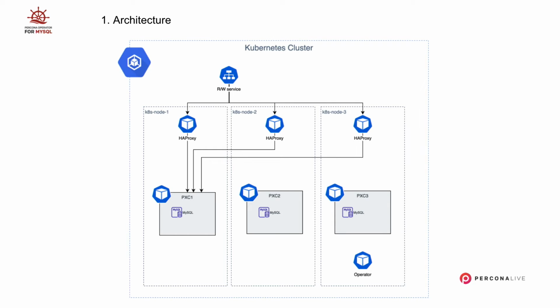However, in practice, it's very rare that there is a workload that really benefits from that in terms of performance. So it's better to look at XtraDB cluster as a high availability solution, not a way to scale writes. In most workloads, it's better to write to a single node, and this is what the Operator does for you normally. And then there is also a second service, the read-only service, that will use the remaining nodes and load balance read-only traffic